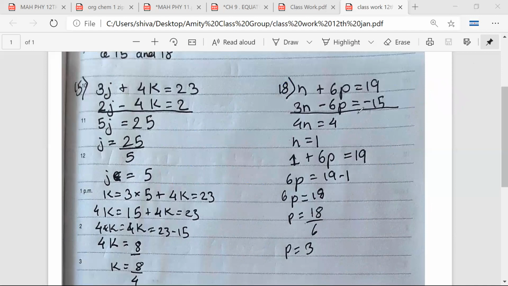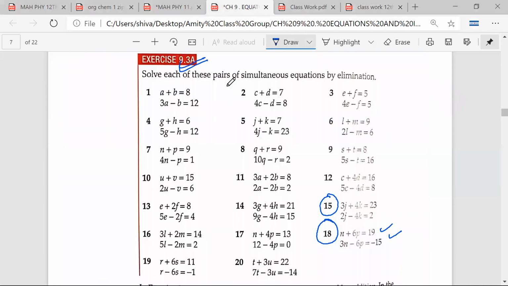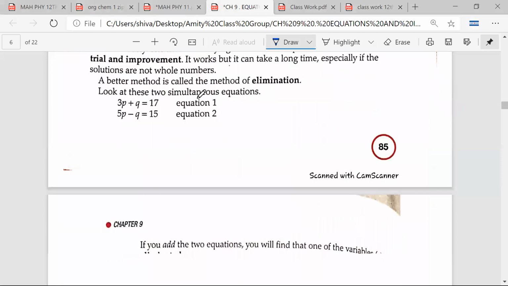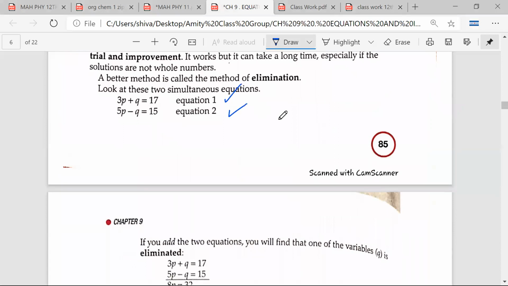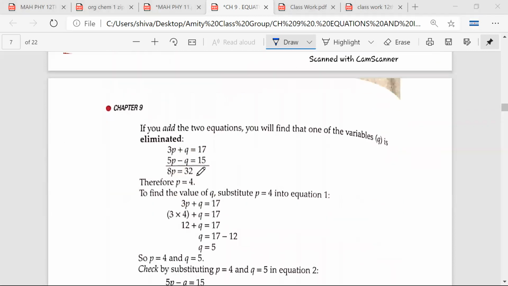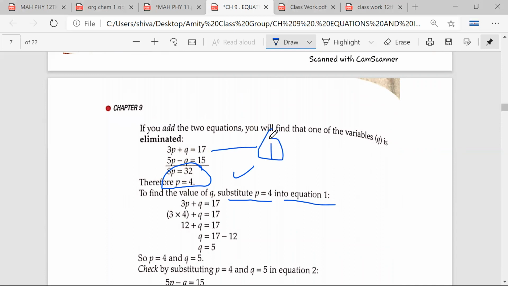Actually, what we can do is we can have a look at your textbook and see how they are doing the questions. So see, the same method. This is equation 1. This is equation 2. Soumya, Sanvi, have you understood? Yes. Then what they say is, sir, you add these two equations. Now they have found the value of p is equal to 4. Yeah. And then they write, substitute p is equal to 4 into equation 1. Soumya, have you understood? This is equation 1. Yes, sir.